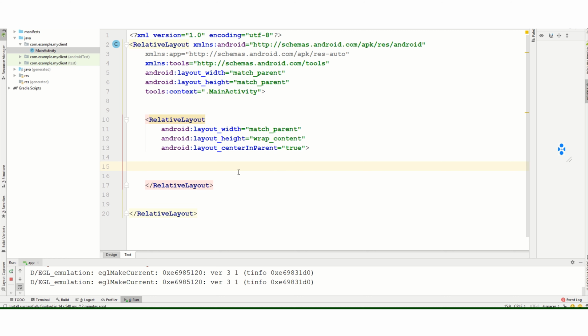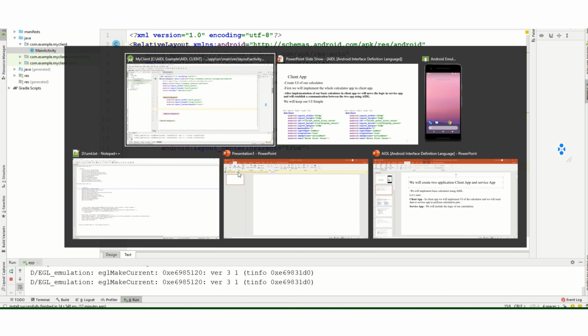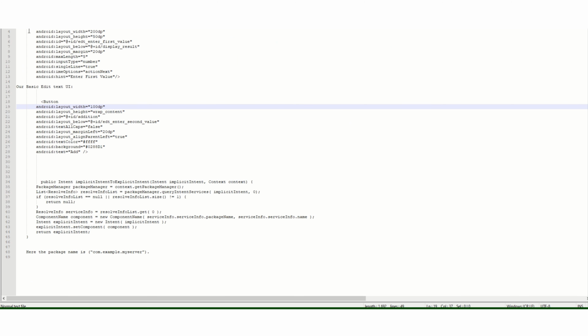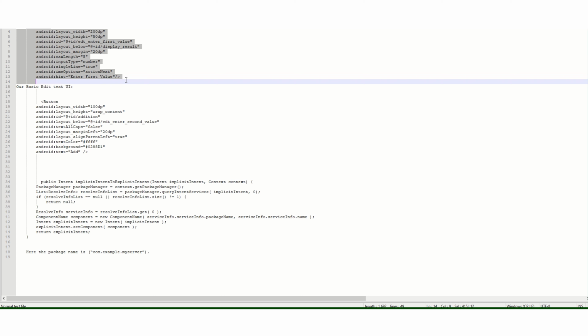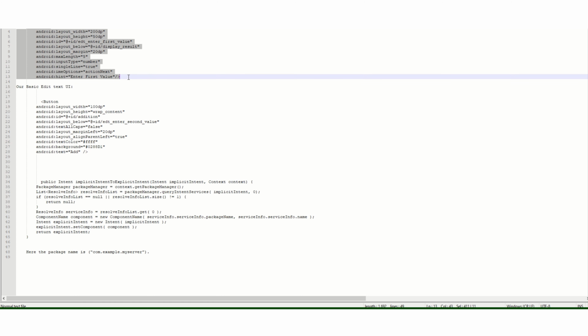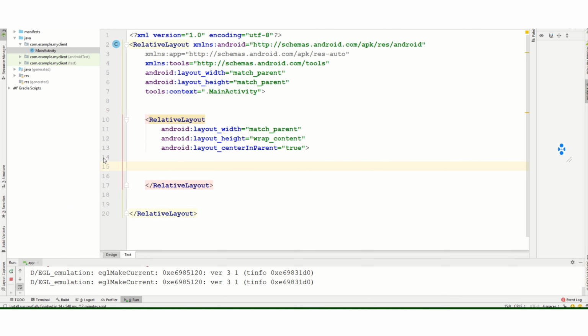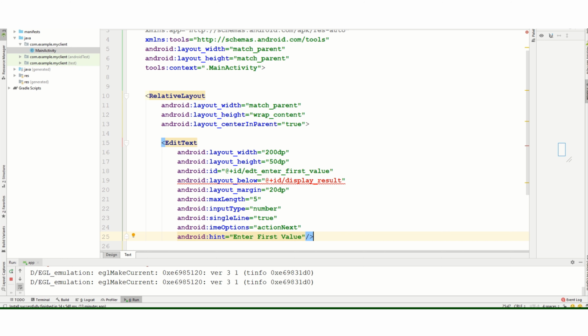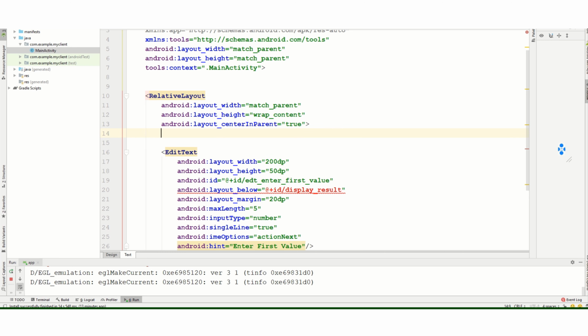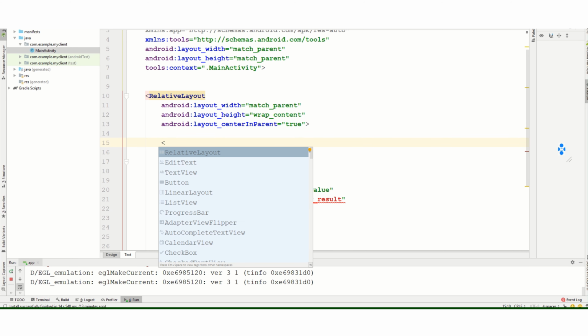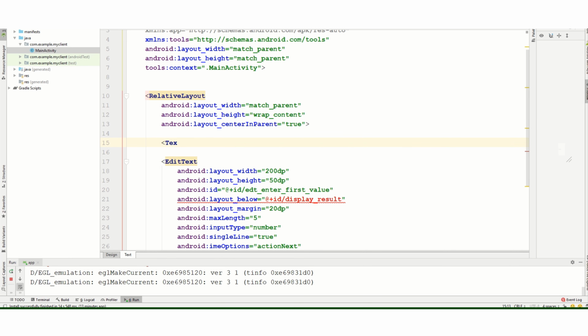I have created one edit text UI. See this, and I'll paste it here. And yes, first of all, I'll create one text view where we can display our result.